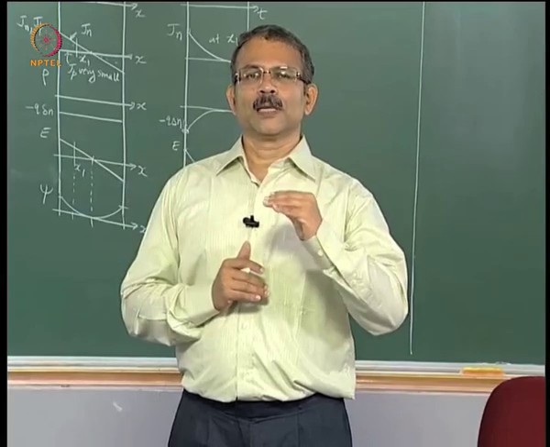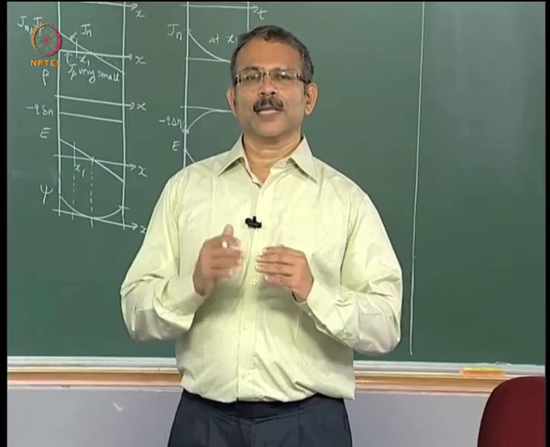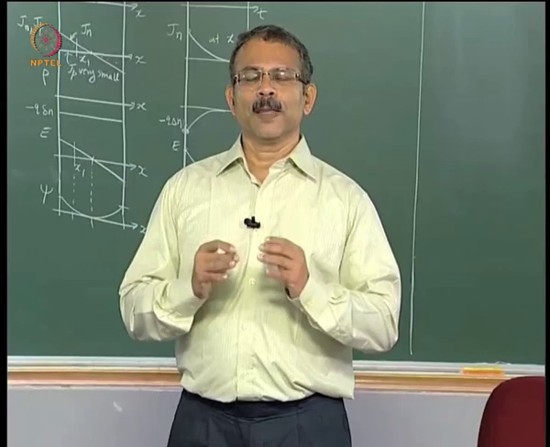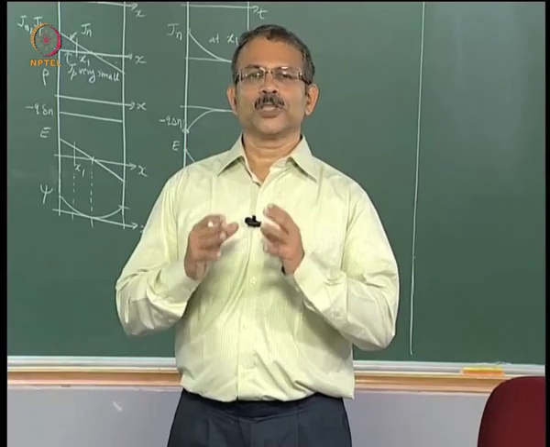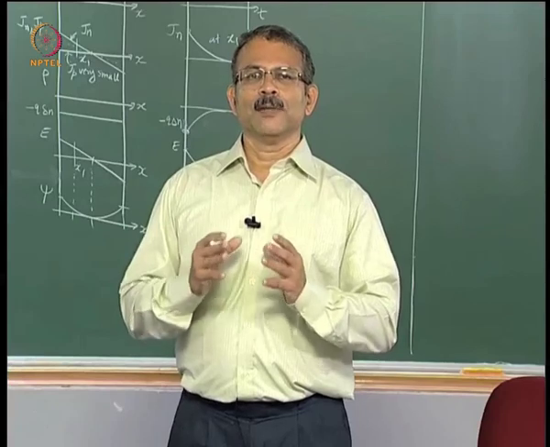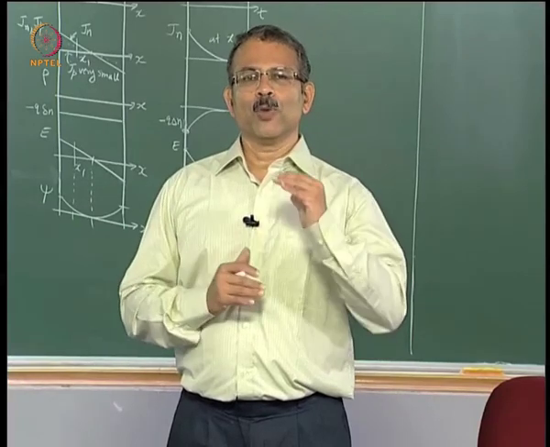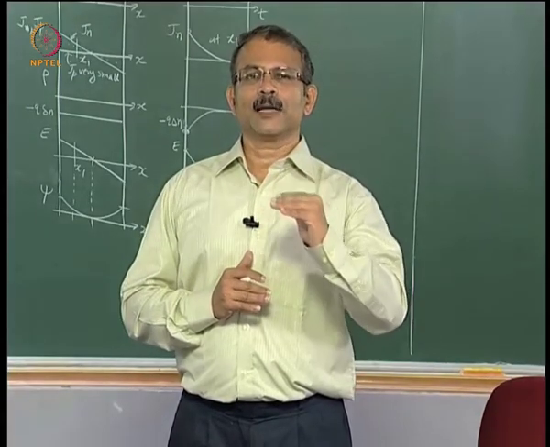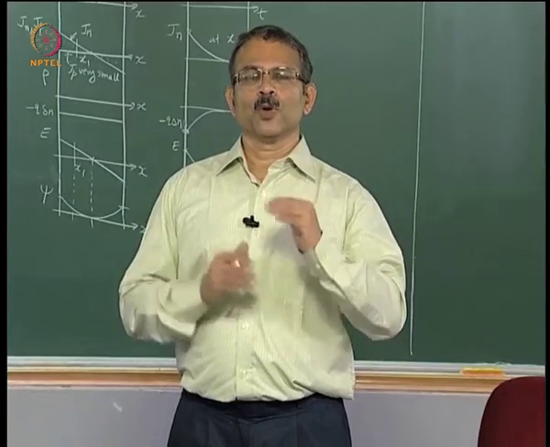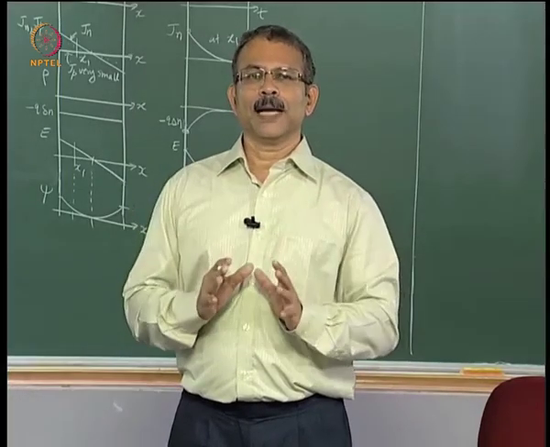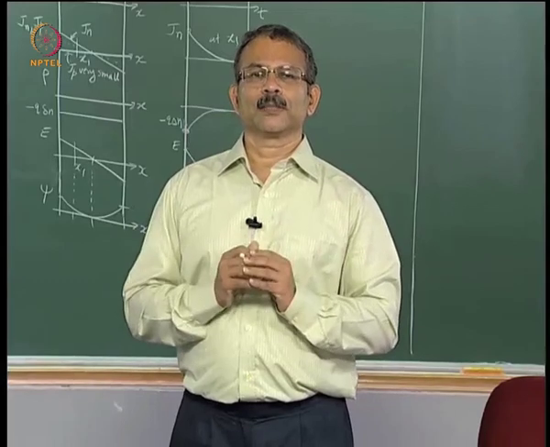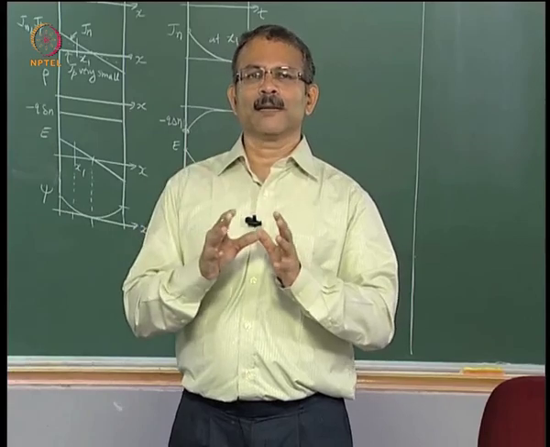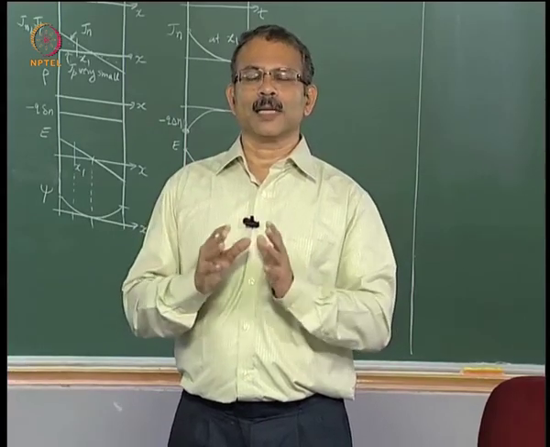Then we should use this qualitative insight to approximate the equations to decide what equations can be eliminated and which terms can be simplified. In particular, we saw that if you can make the quasi neutrality or charge neutrality assumption, then you need to solve only one pair of equations, current density continuity equations, right, either that of electrons or that of holes. So one pair of equations is eliminated by the charge neutrality condition. Then we solve or reduce the approximated equations to a single defining equation for the characteristic lengths or time.